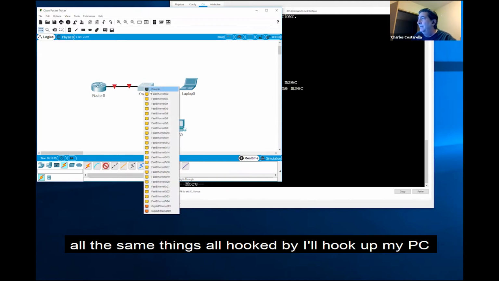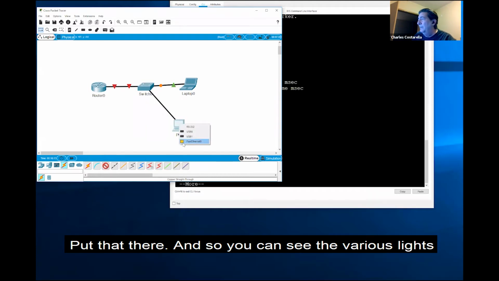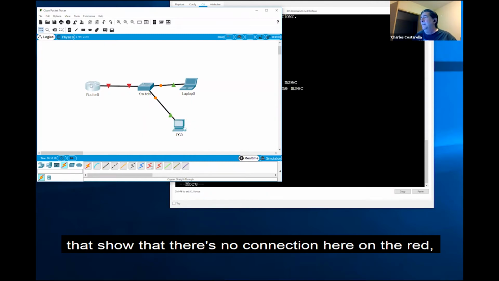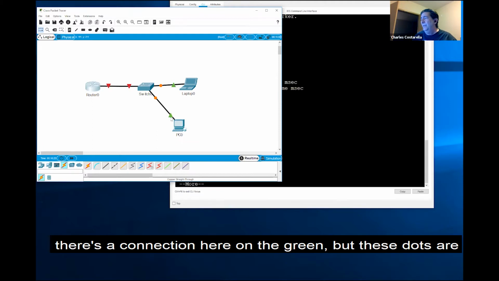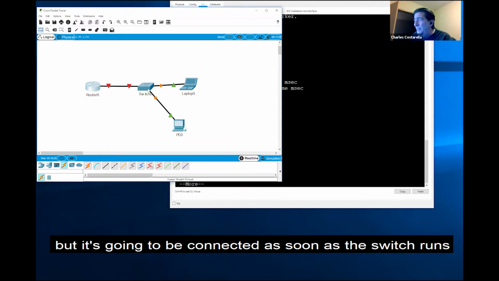I'll hook up my PC and my laptop as well. And so I'll pick another interface here. Put that there. And so you can see the various lights that show that there's no connection here on the red. There's a connection here on the green, but these dots are amber. That indicates that there's not a connection yet, but it's going to be connected as soon as the switch runs